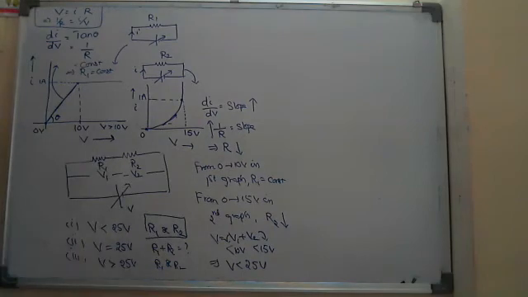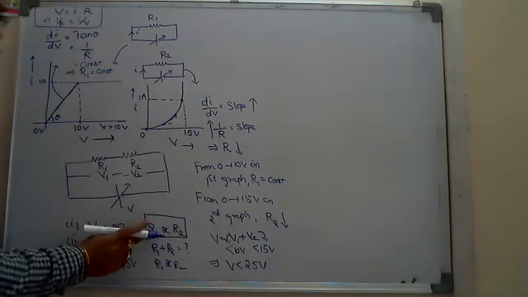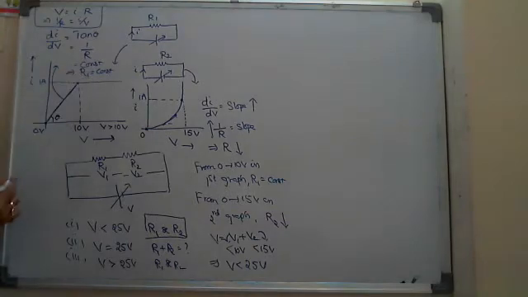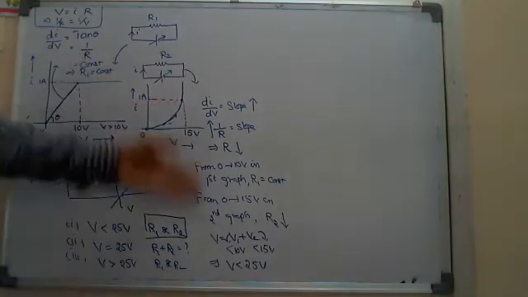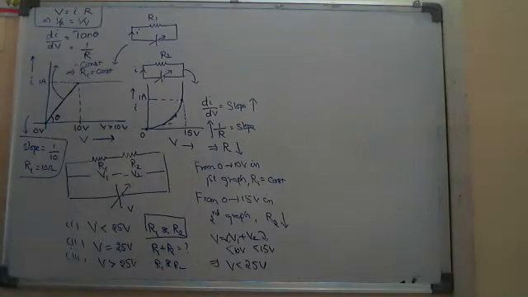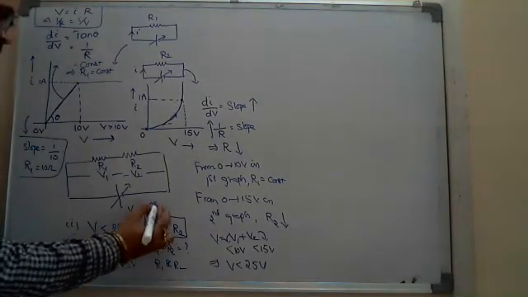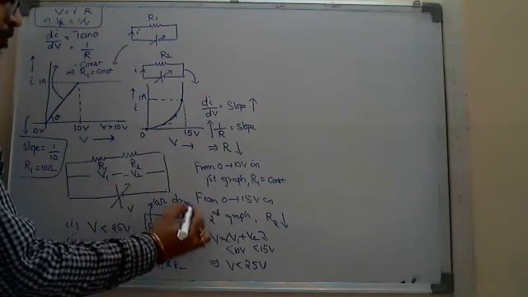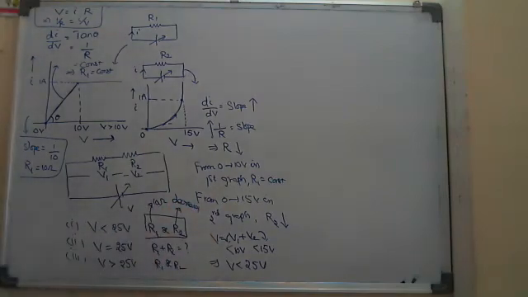Okay, answer is over. If V is less than 25 volts, R1 remains constant. And even if they ask what is that R1, we can say since the slope is constant, the slope is equal to 1 by 10 from this graph. So R1 is equal to 10 ohms. Straight away we can say from the first one. But of course, for the second we can't say, because R is continuously changing. So R1 remains constant at 10 ohms, and R2 here decreases. Okay, this is the answer for the first question.